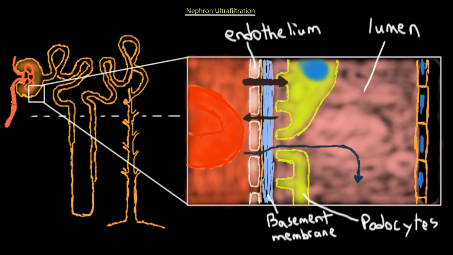The afferent arteriole right here, this is afferent, is going to be much wider in diameter compared to the efferent arteriole. And when it is larger, all the blood will be pooling in there, creating blood pressure that will be pushing all of these metabolites through